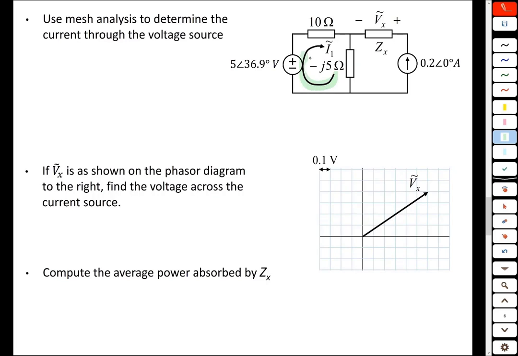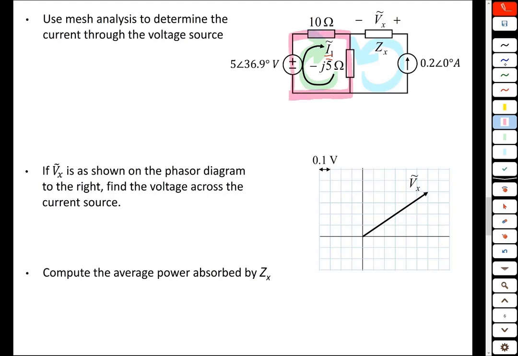This left mesh, we do not know the current, so we're going to give it a variable, I1. The right mesh, we actually know the current because there is a perimeter current source. It's actually counterclockwise with a value of 0.2 at an angle of 0 amps. So now let's do KVL